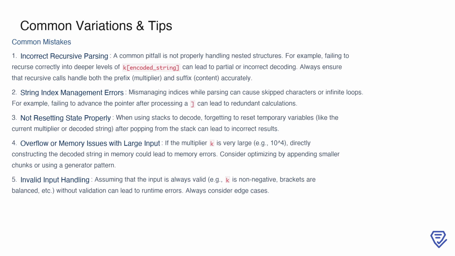When solving the decode string problem, there are a few common mistakes to watch out for. One frequent issue is incorrect recursive parsing. If you fail to properly handle nested structures, such as deeply embedded k[encoded_string] patterns, you might end up with partial or incorrect results. It's vital to ensure that your recursive calls manage both the multiplier and the encoded content accurately at every level